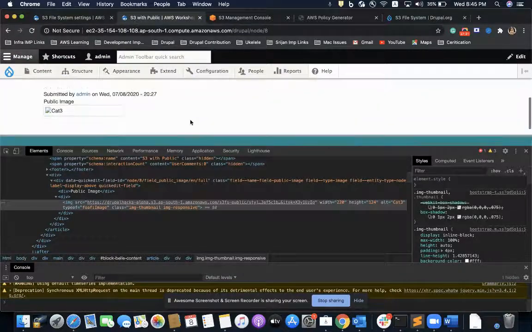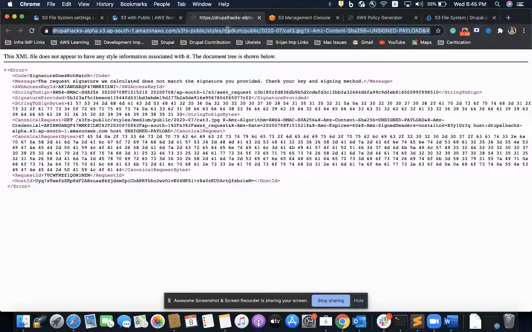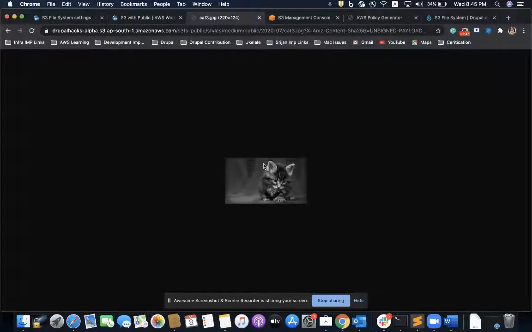Okay, now I can access the image. Ideally I should, but I'll see why I can't, because I open the URL and I should see something. It is showing me that the signature doesn't match. Okay, so it is appending this URL, and if I remove that, I can access the image.